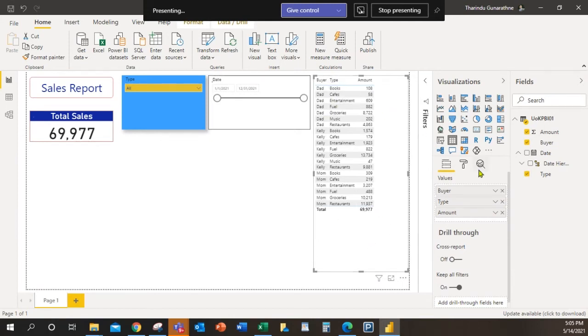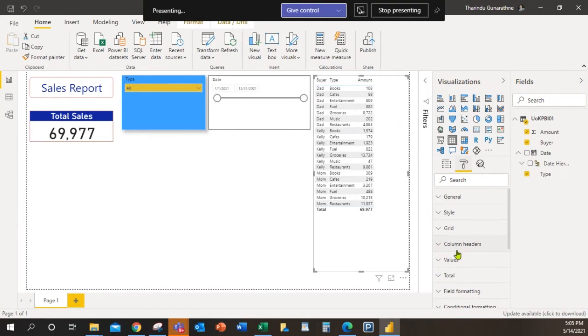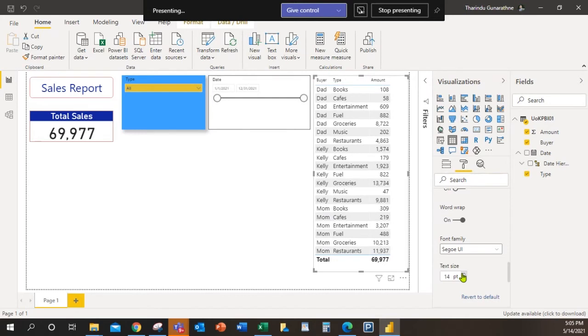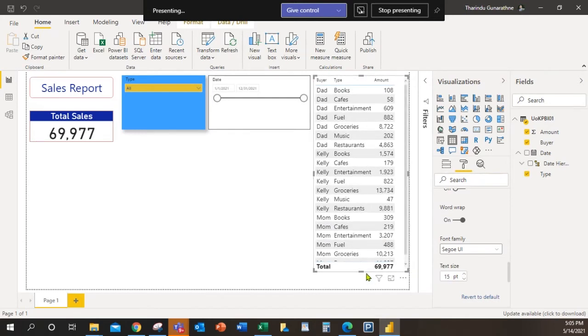Now I'm going to increase the size. Okay, now it's more readable, right?